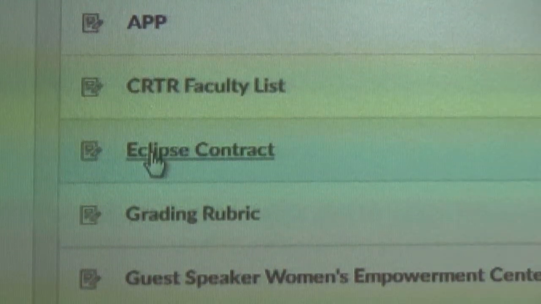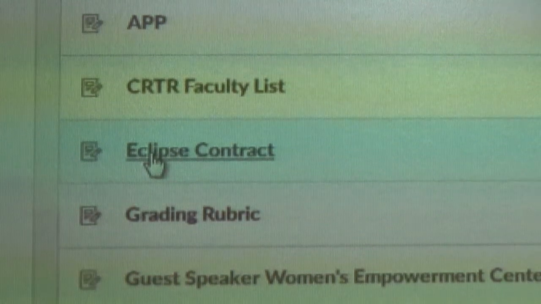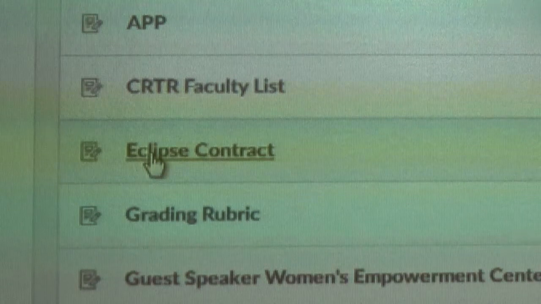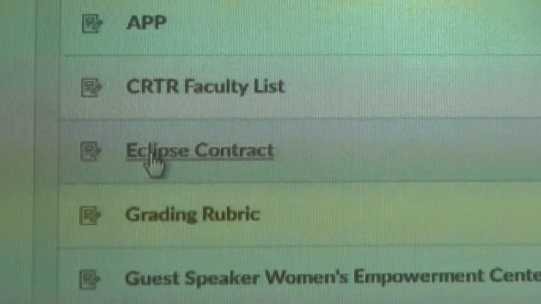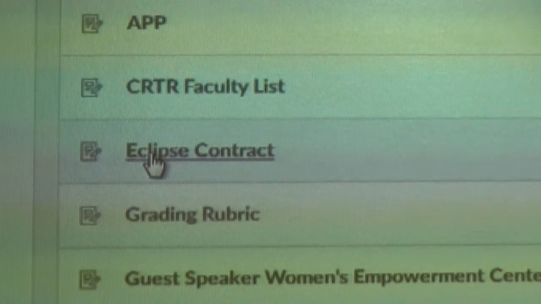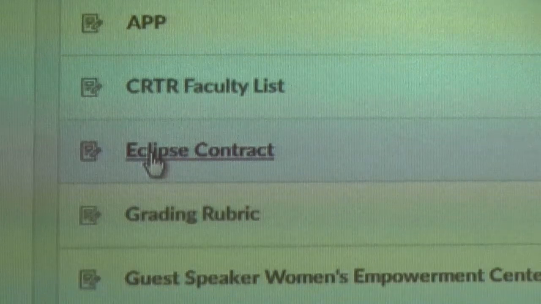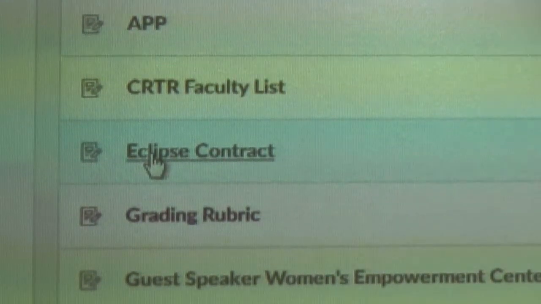This is your Eclipse contract. If this is your first time using Eclipse, and if you're in the Eclipse class, Mr. Zarate will probably cover this with you. If you're not in the Eclipse class, this applies to you as well. If it's your first time using Eclipse, you must fill out a contract and get it back to me. Do you all have Eclipse? Has it been loaded on your machines? Everybody has it? Anybody that doesn't have it? Okay, we'll need to get you loaded. There is a PDF copy of the contract that you need to download,